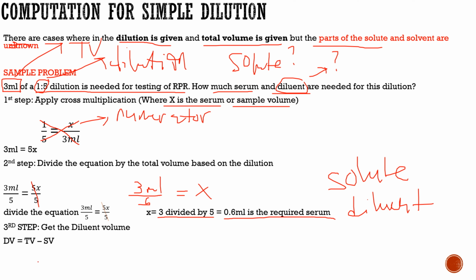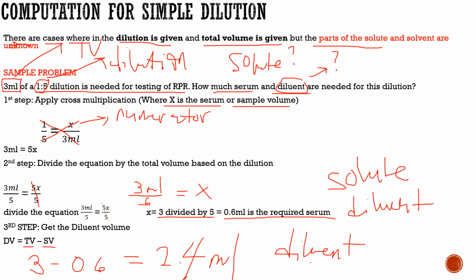Diluent, class, is equal to the total volume minus the solute volume. So in this case, ang total volume mo is 3, ang solute volume mo is 0.6 ml. Therefore, ang diluent na kailangan mo is 2.4